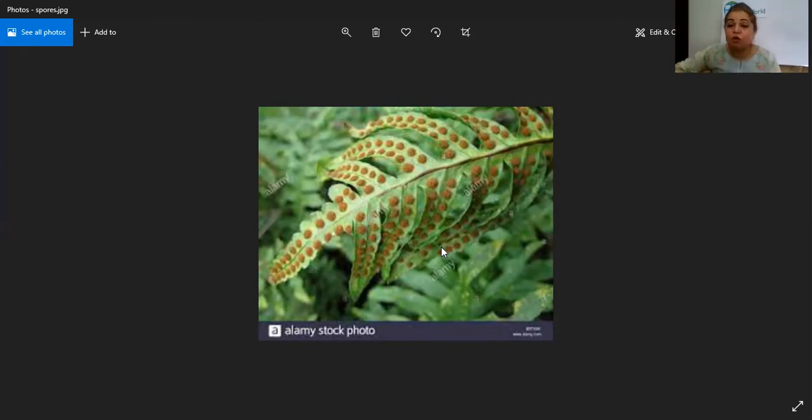So these are called spores, right? And these are not called seeds, these are called spores. So this is the way they are going to spread their spores and make new plants. If you have a fern plant at home, you can look at it, because they germinate